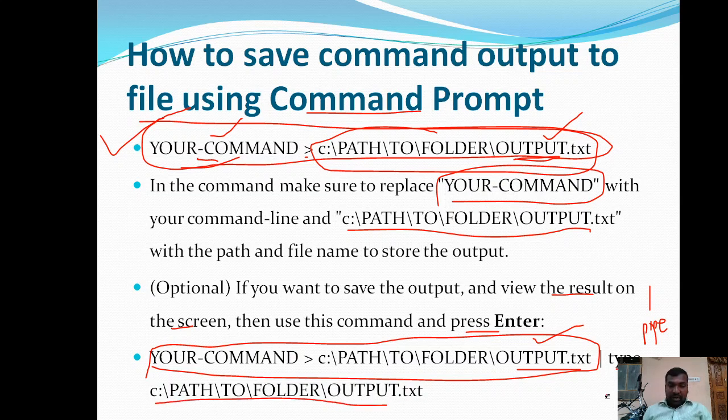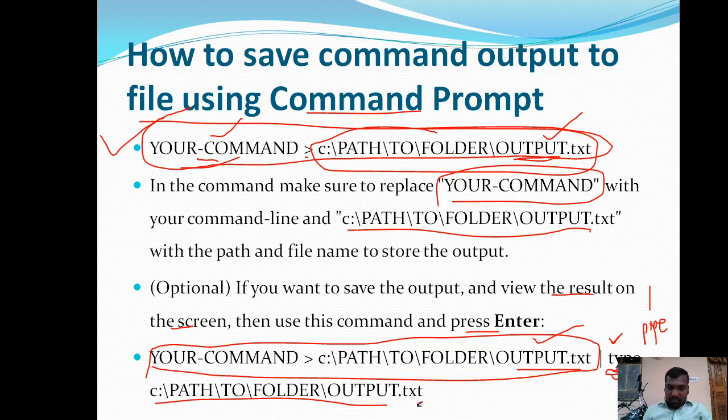So here, type is a command we are using to view the content of a particular file. Whatever information is available in a particular file can be viewed in the command prompt with the help of this type command. For this, you have to type the command type, followed by the file name.